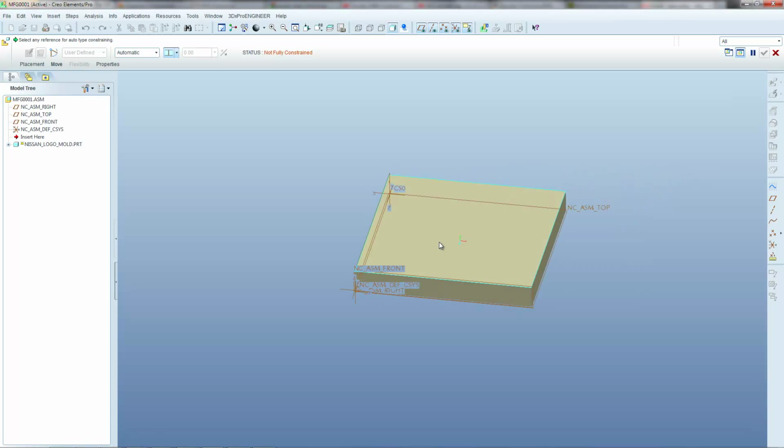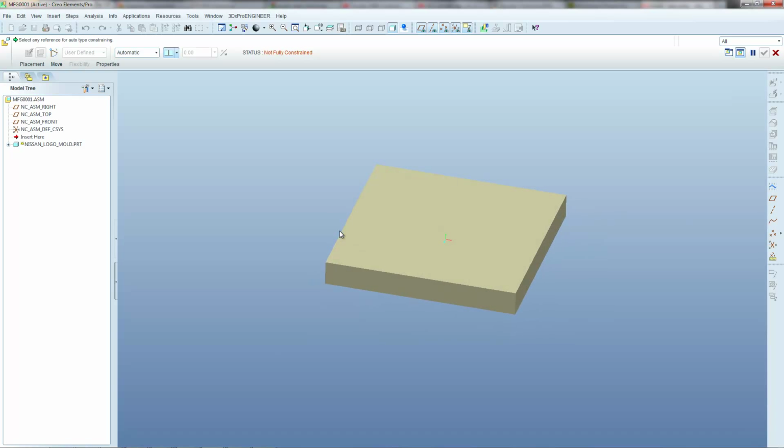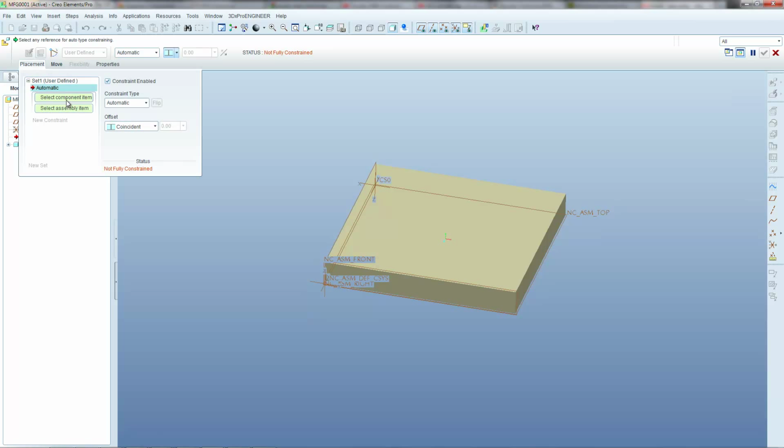Now again, by default it's brought it in the wrong way around, but it's asking us how do you want to constrain this, and because we put that coordinate system in the corner, we can use that as one of our references. So what I did there was just open the placement drop down, click on Select Component Item,